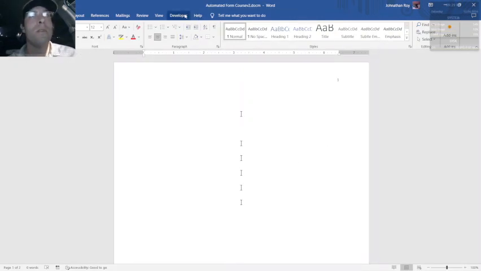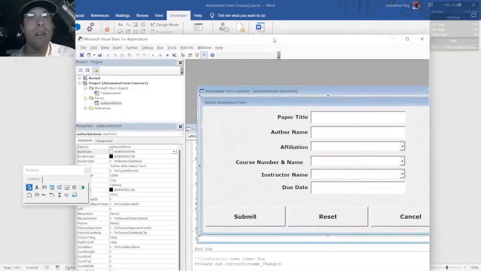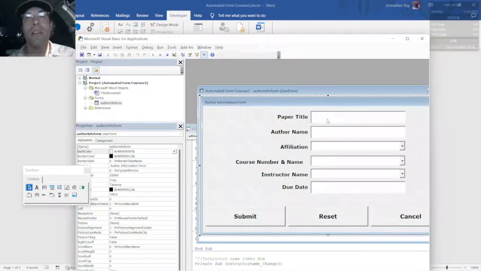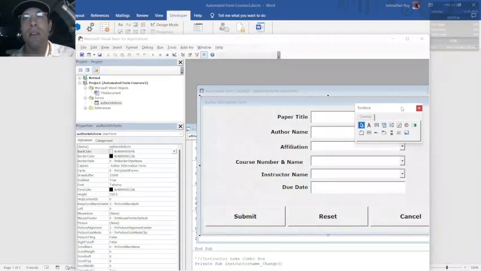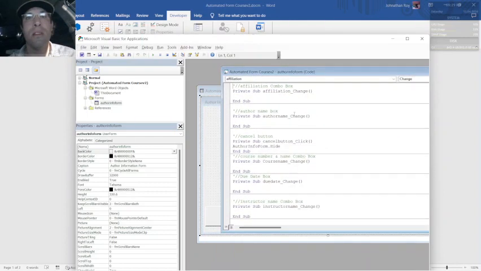And then when I go into my developer, Visual Basic, it was really easy to drag and drop from my toolbox to make these automation windows. But when we had to code these boxes,